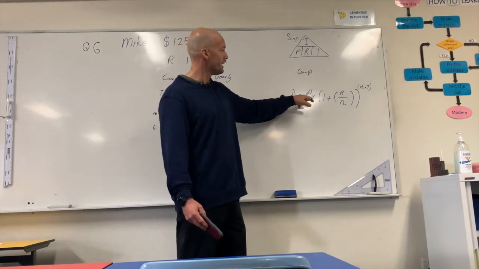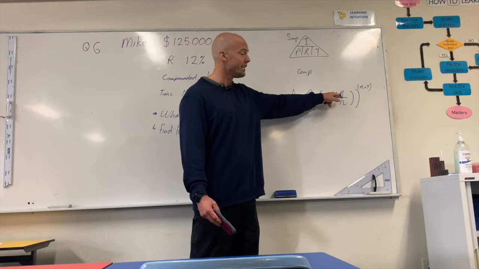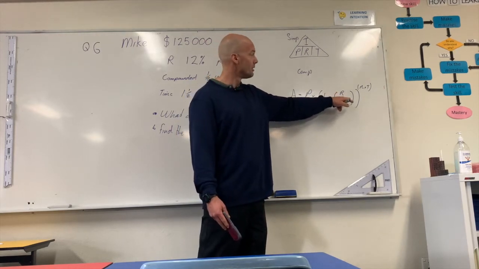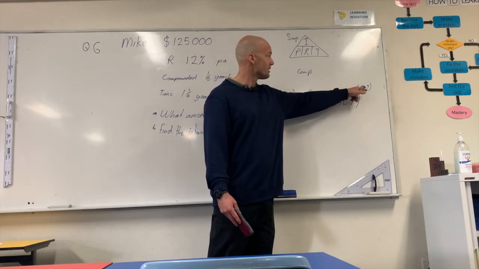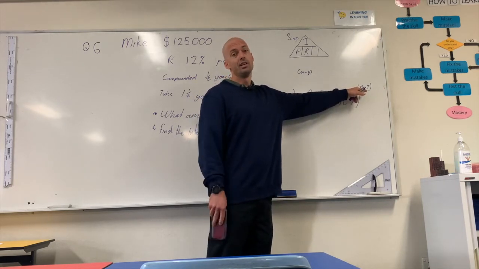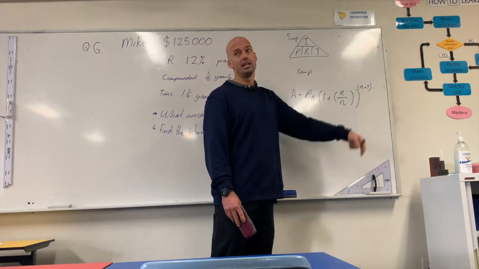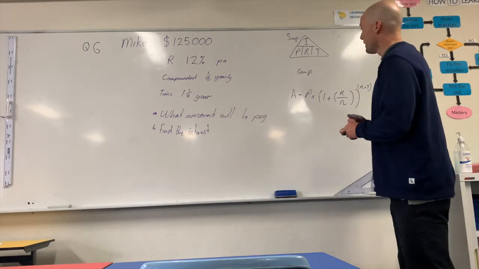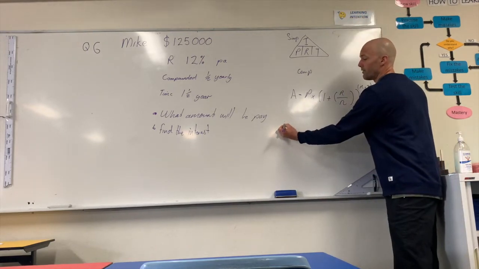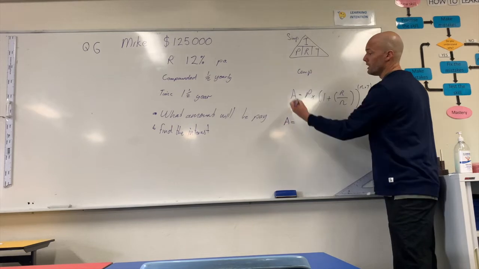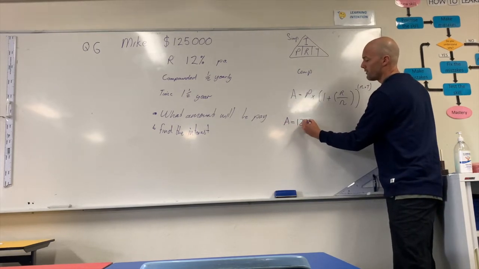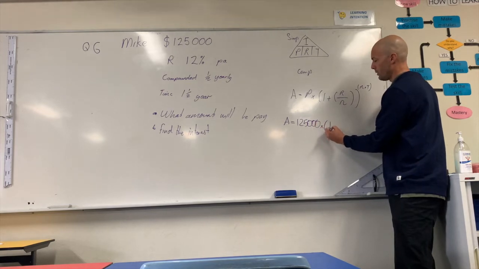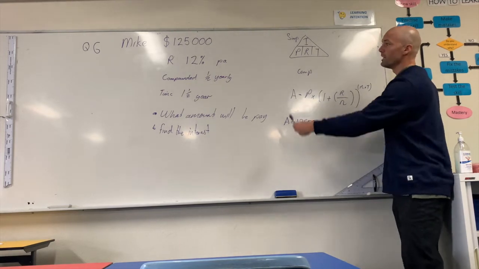A equals P times bracket 1 plus rate, as a decimal, divided by the number of periods, close bracket, then it's to the power of number of periods times time. So we just have to replace it. So I have A equals, now the principal is 125,000 times 1 plus, now the rate,